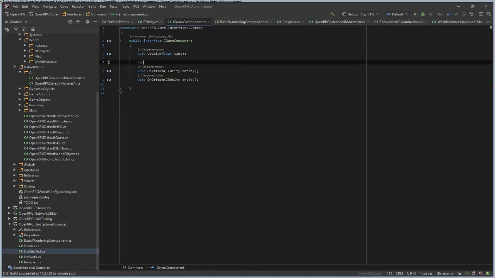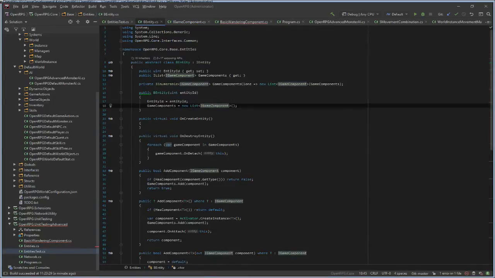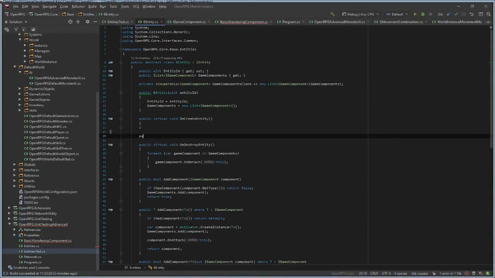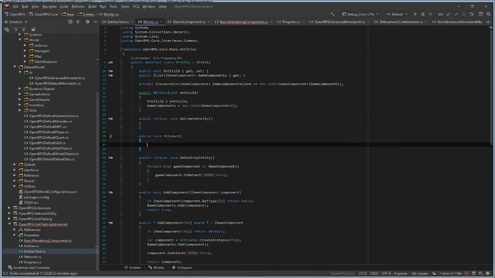Call it something like on spawn. When this entity spawns in the world, we just call on spawn. Public void on spawn, for each game component, game component on spawn this.